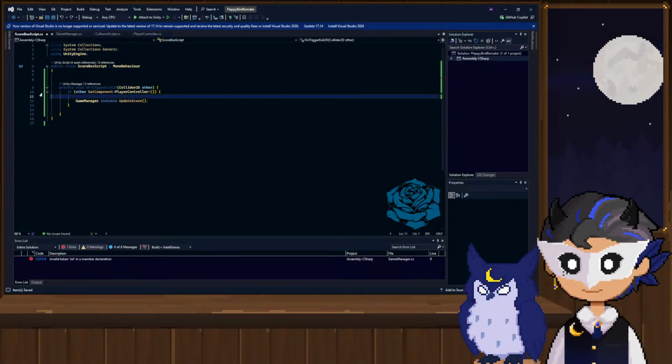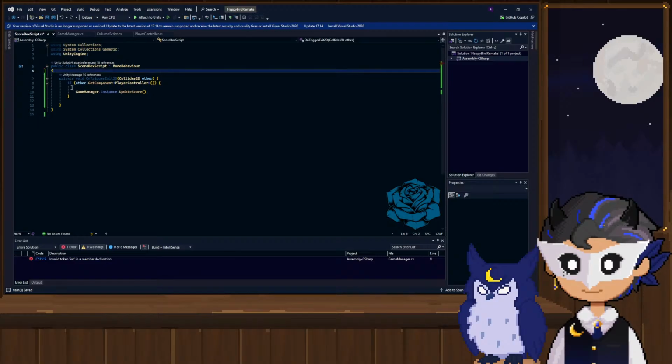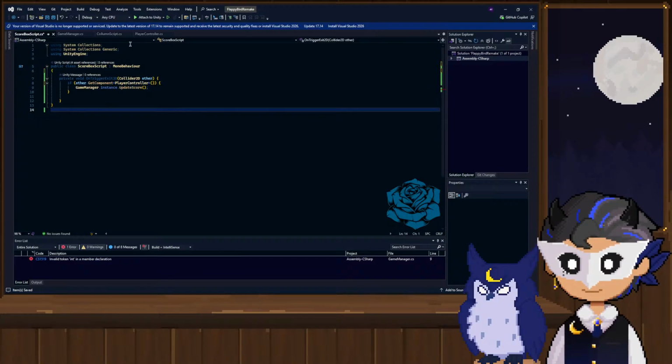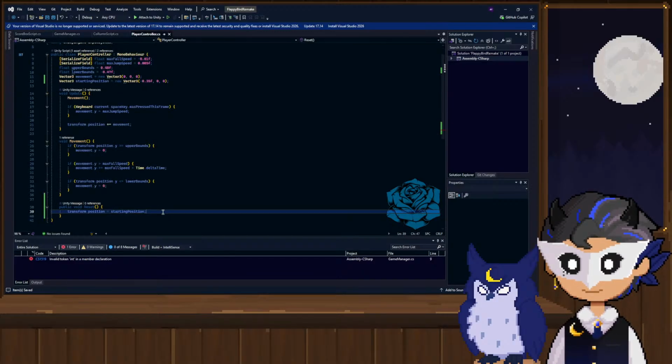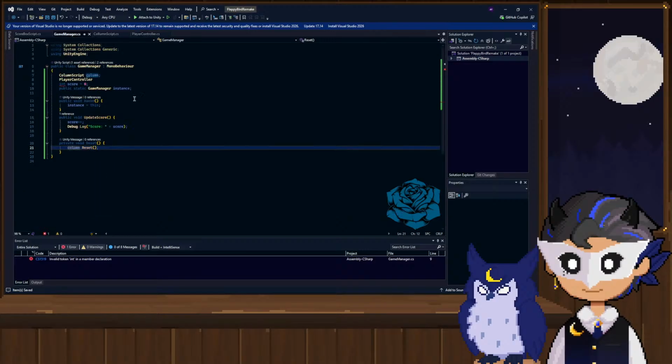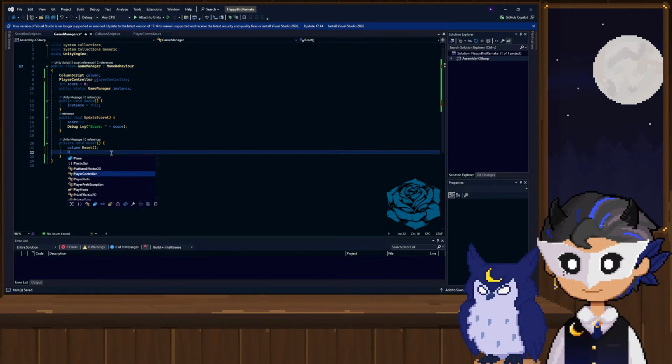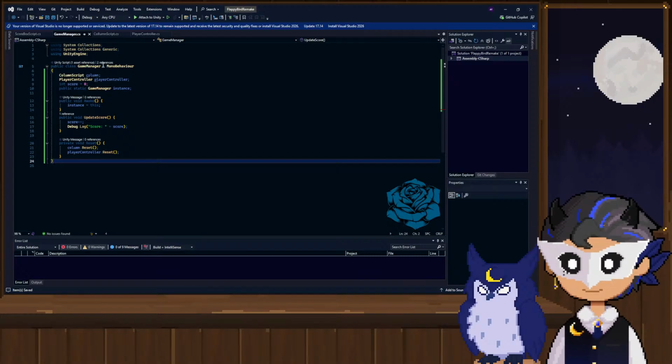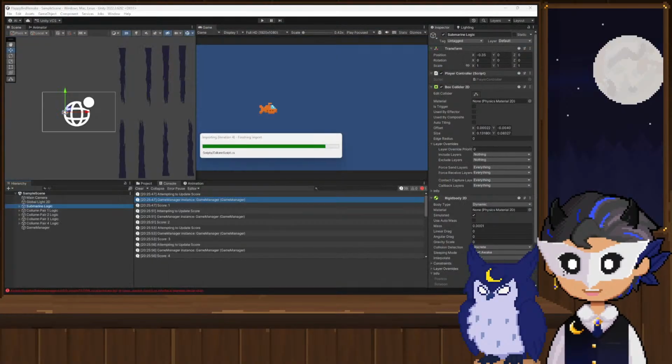This doesn't need that. That's fine. So much empty space. Go away. There we go. Okay. Game manager, we'll call the player controller. Just call player controller. Nice and easy. Player controller dot reset. So now when we actually reset the game,